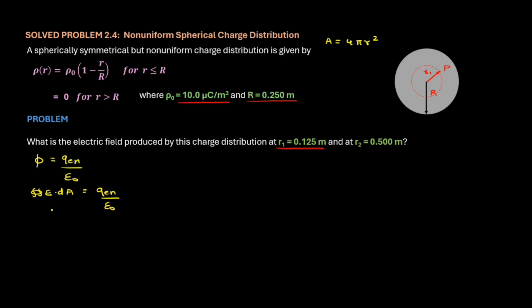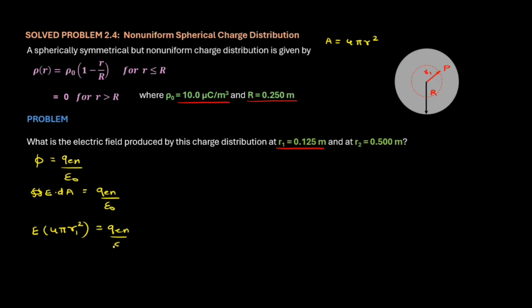So we can rewrite the integral of E over the surface area as E times 4 pi r1 squared, R1 because that is the radius of my Gaussian surface,